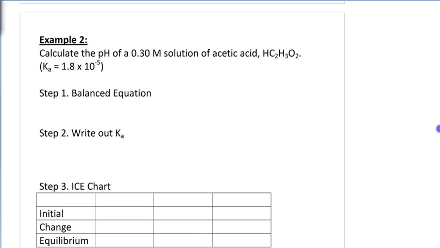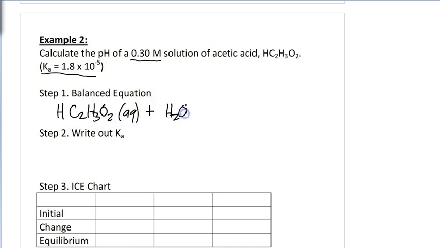Okay, one more example here. This is kind of going the opposite way. If you are given the pH, oh no, we're trying to find the pH this time. Find the pH if the solution is this concentration and the Ka is this number. So first step is always to write your balanced equation. So here's our acetic acid, which by the way is the main ingredient in vinegar, which is used to dye Easter eggs. So we've got acetic acid